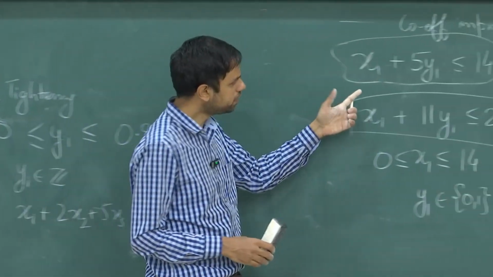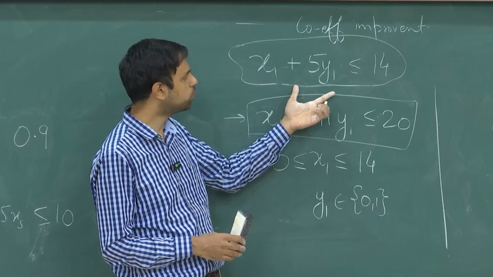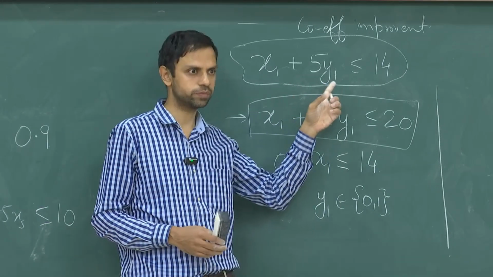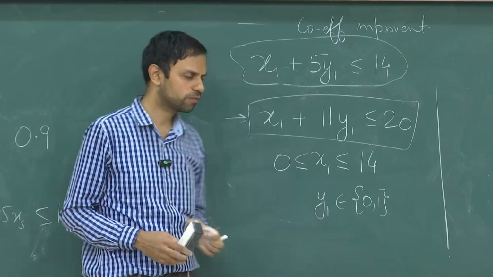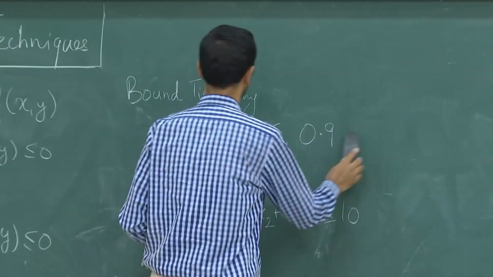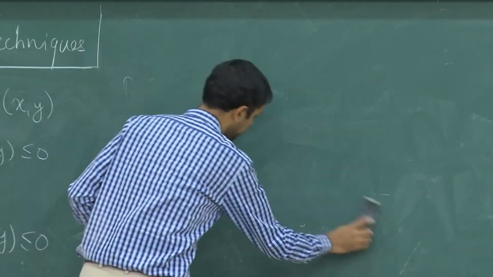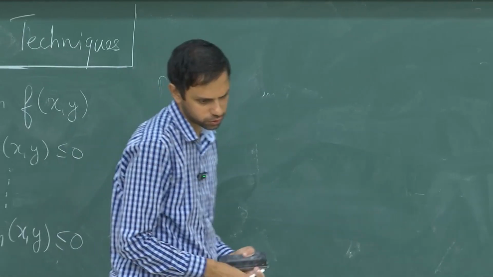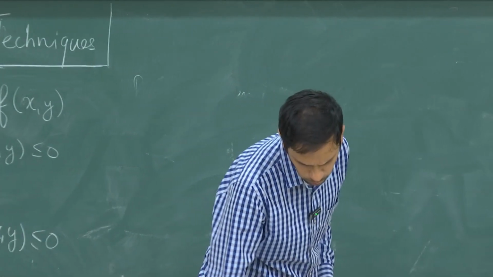In this constraint, it was obvious that we can try to improve coefficients based on y1. That is not always the case. So let's look at this last example before we stop. Suppose we have